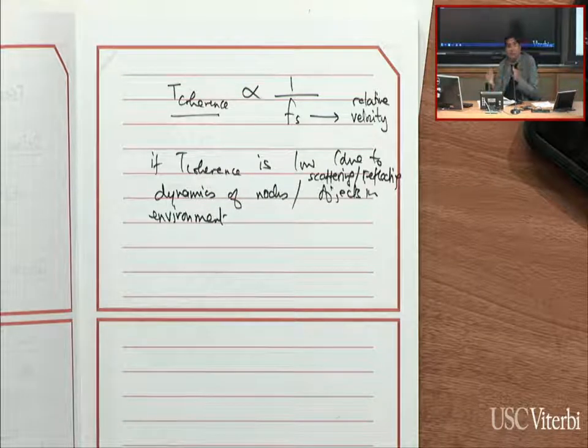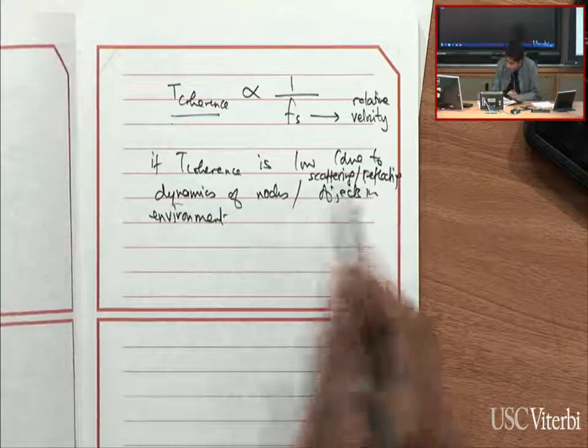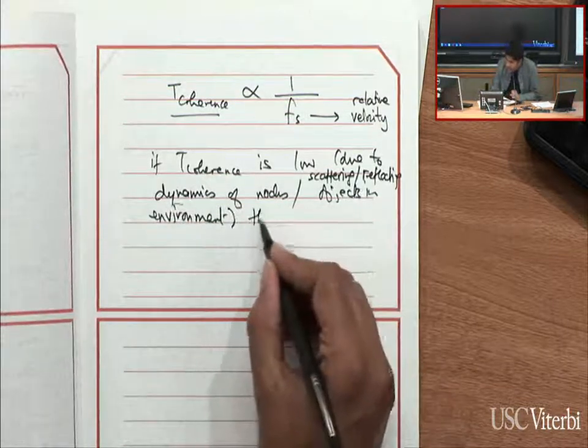Many of you have experienced this sometimes in more traditional radios. Sometimes you stand close to a radio and you suddenly start hearing a certain buzz, and you move away and it goes away. It seems like your presence is affecting the radio signal, and it really does, because we're basically bags of water, and water resonates at the frequencies corresponding to RF signals. It absorbs RF signals and reflects RF signals. So if T coherence is low due to these dynamics, then